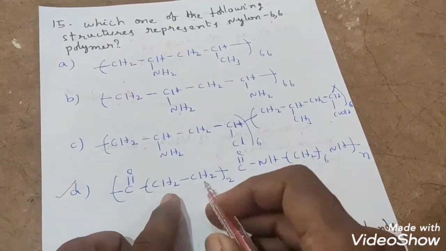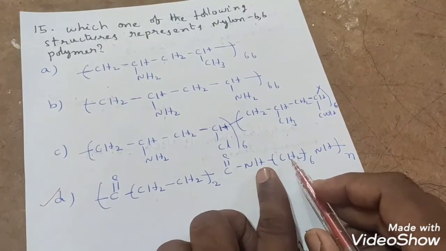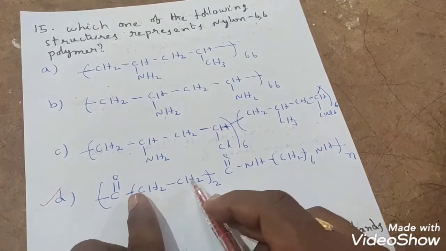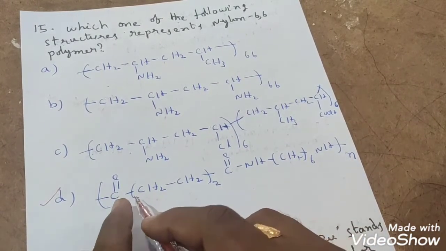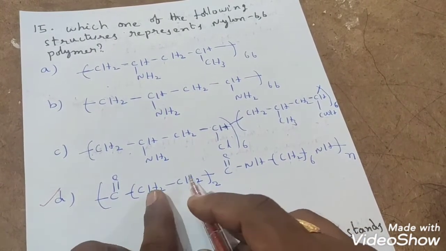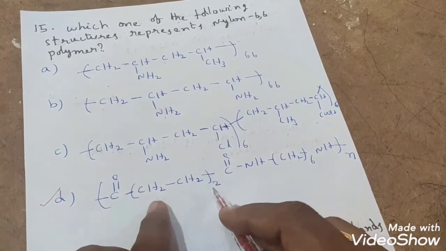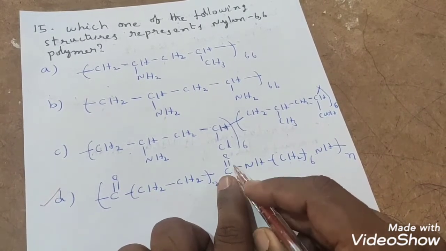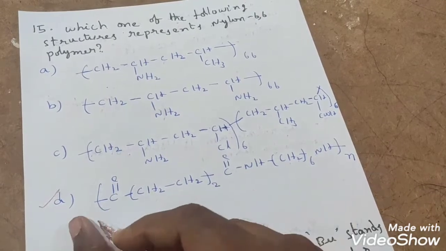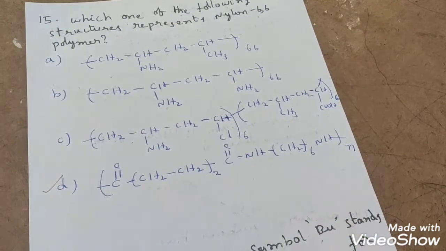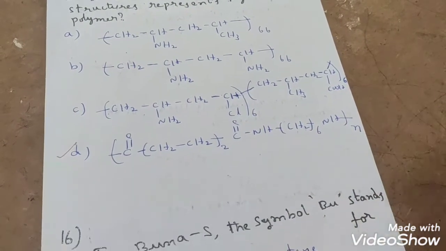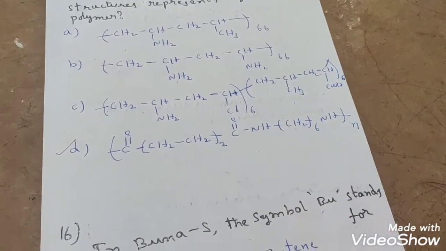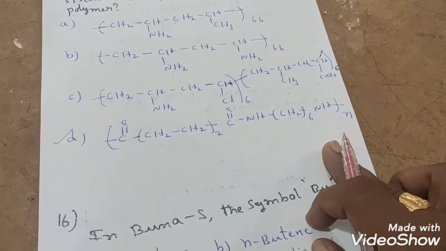Right? So this, how do we identify? Means here you observe hexamethylene diamine and adipic acid, COOH, CH2 4 times is there. CH2 taken 2 times means 4 times is there here. COOH, right? OH is released. Here also OH is released in the form of water molecule. Correct? You can easily identify if you learn the preparation method of various polymers. These structures you should have an idea.